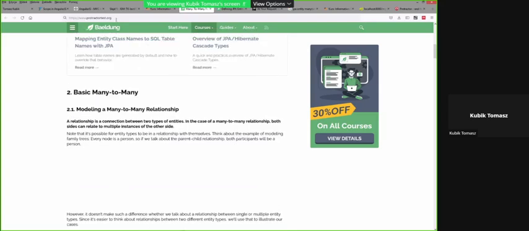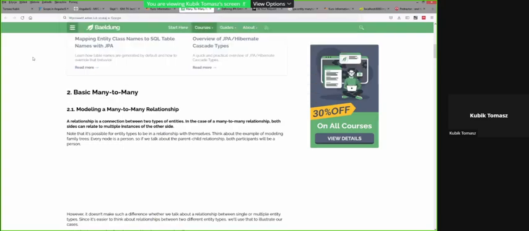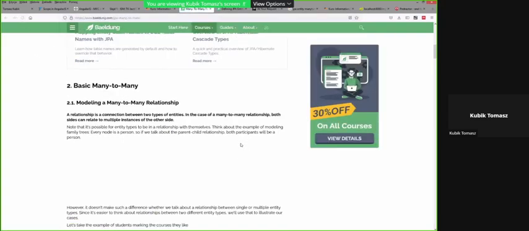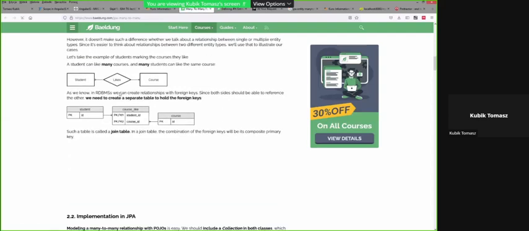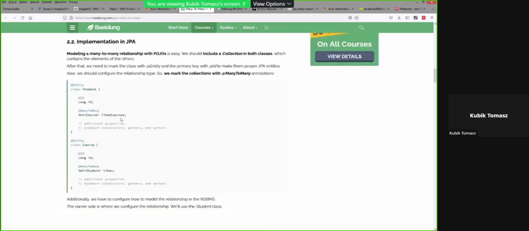And in this tutorial, you have the description how to declare the data structure, the schema inside your database, and then how to map that schema to the entities. What I want to say is that